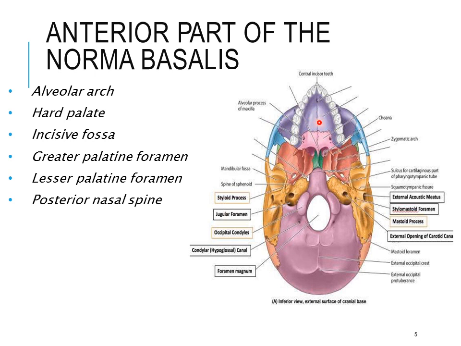So the anterior 2/3 of the hard palate is formed by the palatine process of the maxillae, whereas the posterior 1/3 is formed by the horizontal plates of the right and left palatine bones. The articulation between the two palatine processes of the maxillae is known as the intermaxillary suture, and between the two horizontal plates of the palatine bone, the suture is known as the interpalatine suture. So this is the intermaxillary suture and this is the interpalatine suture.